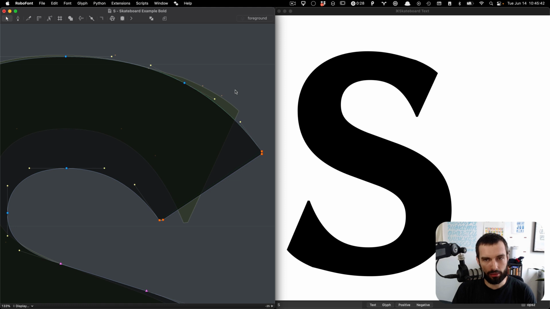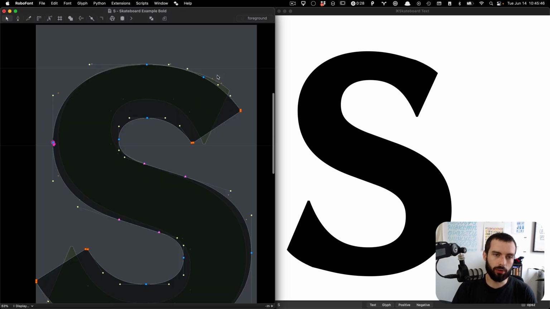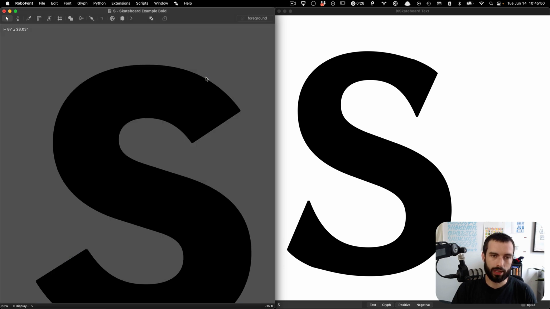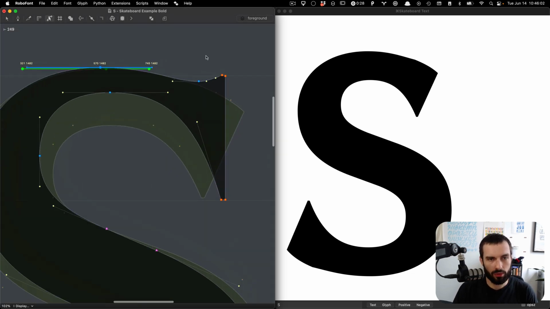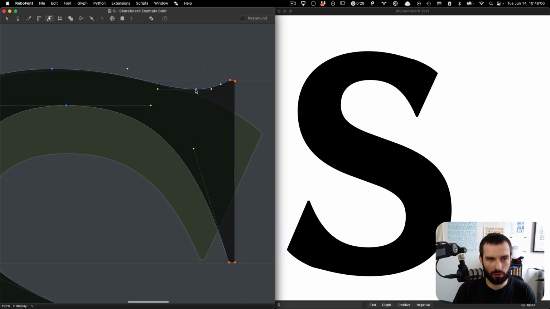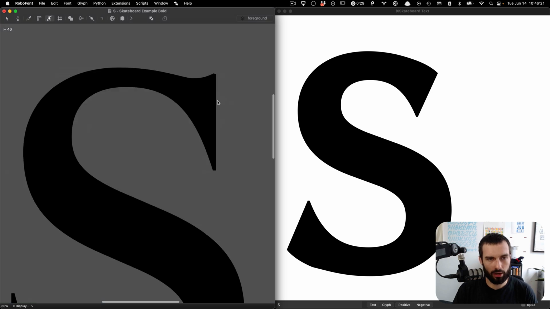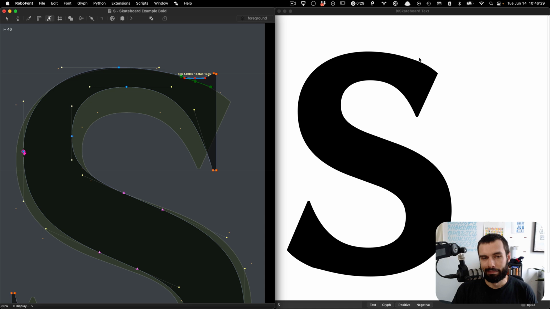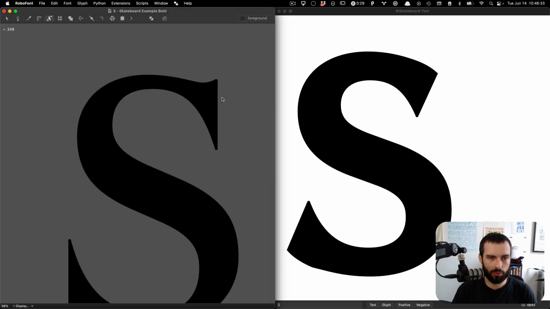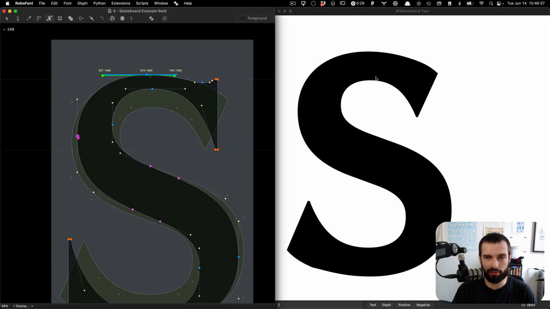So let's step back a little bit to get this curve looking okay as a sans curve. And we'll basically have it in the middle, right? And you know, it's maybe not 100% perfect, but it looks okay. So what we can do here, we may be able to change our ratio to make it better. And let's put this essentially in the middle here and drag it. And maybe there's a point here where the serif looks okay and the semi-serif looks okay. But honestly, what this preview is helping me see is that even if we resolve this kink issue,